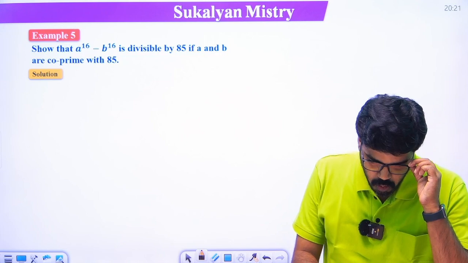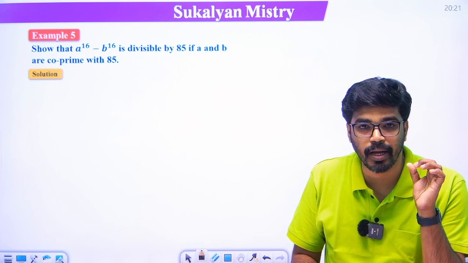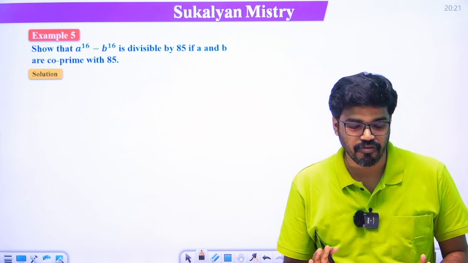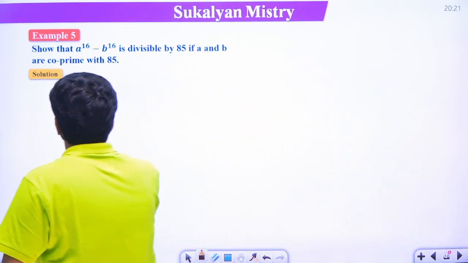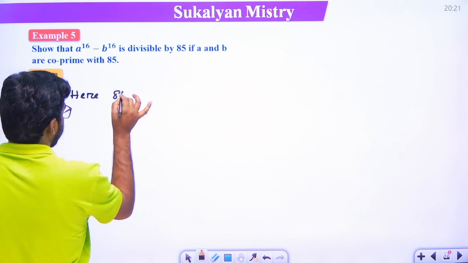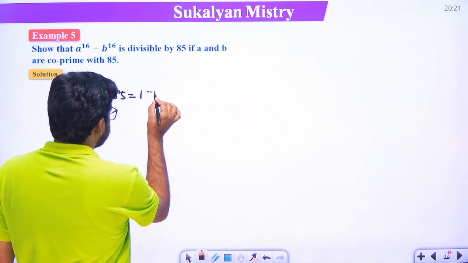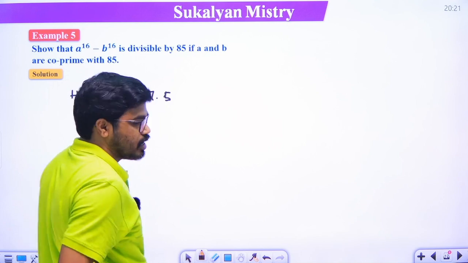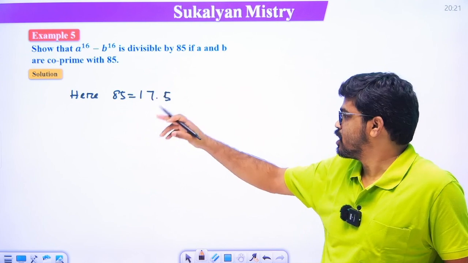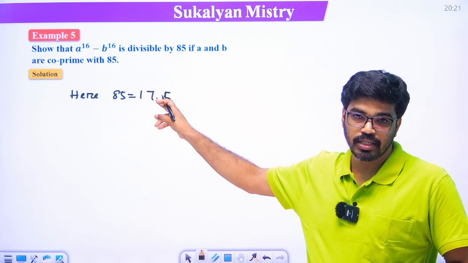Okay, so note this problem, show that a to the power 16 minus b to the power 16 is divisible by 85 if a and b are co-prime with 85. So first we prime factorize 85, that is 85 is 17 into 5. So since a is prime to 85, a is prime to 17 and a is prime to 5. Now apply Fermat's theorem, so a to the power p minus 1, that is a to the power 17 minus